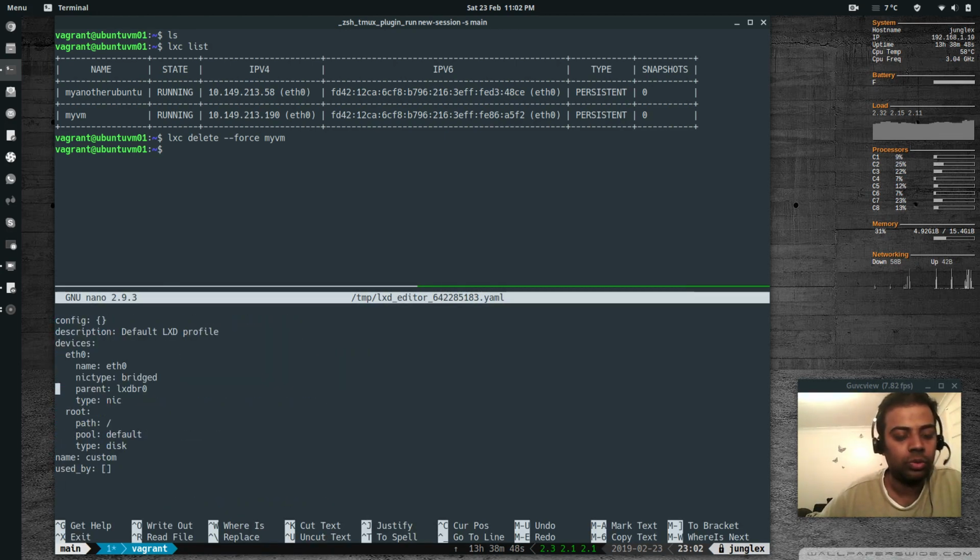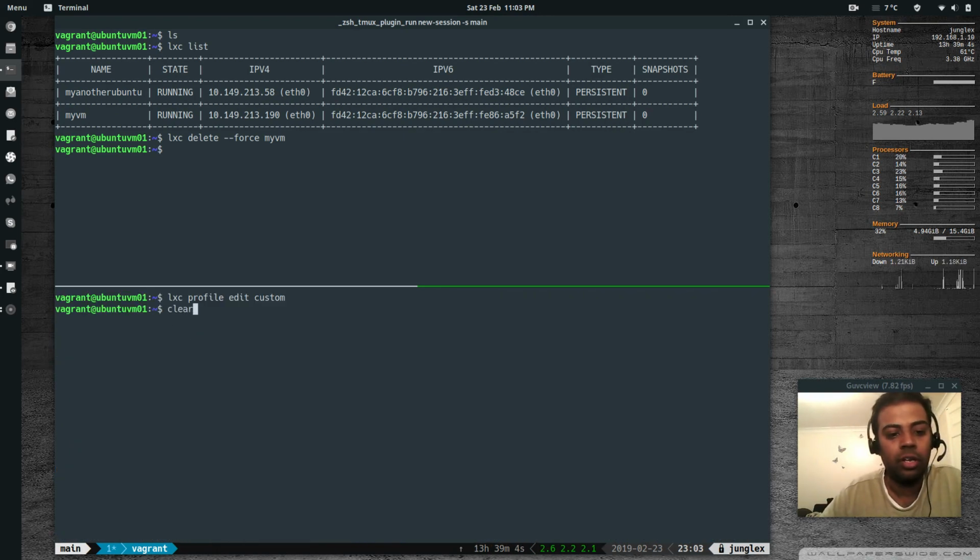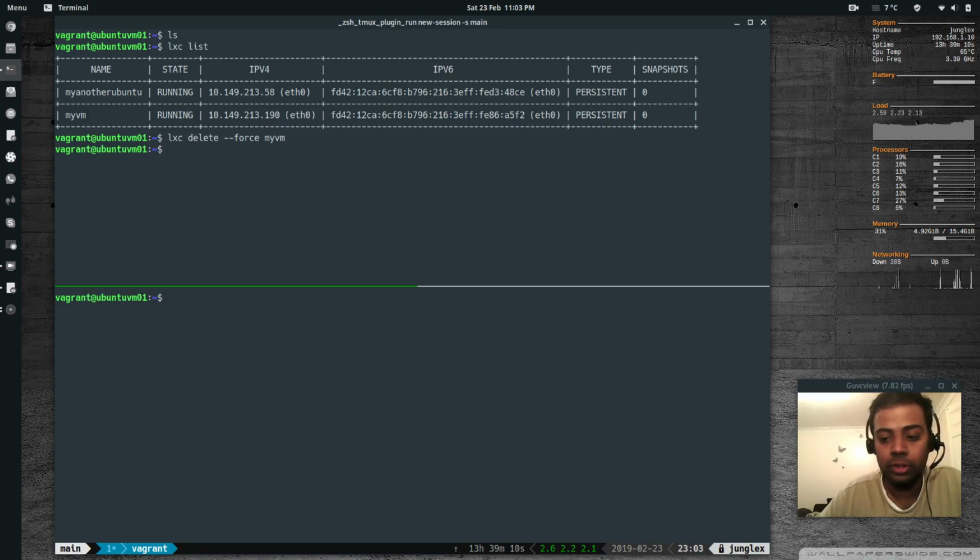Okay, so in the config section, just remove the curly braces and type in limits.memory 512MB. Save it. That's the profile. Now if you try and create a virtual machine applying that profile, then you will get those configurations from the profile. lxc launch ubuntu 16.04 myvm2 --profile custom,